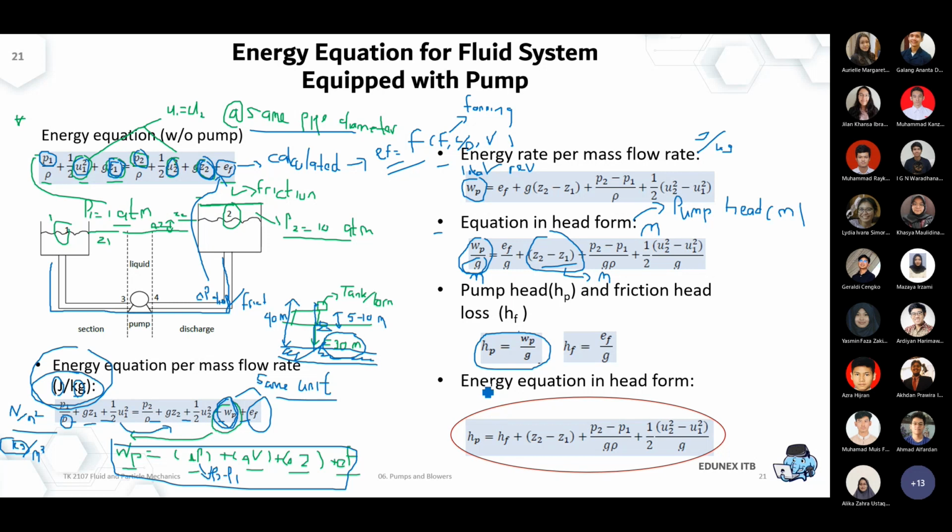What I actually need to know is the head generated by the pump, called the HP, which is consistent with that provided by the pump curve. That should be the same number that you use in your pump curve. Maybe you can call it delta head, the delta head generated by the pump, not the total head coming out of the pump. So it should be consistent with your pump curve.